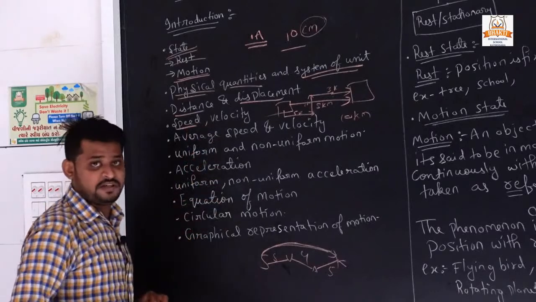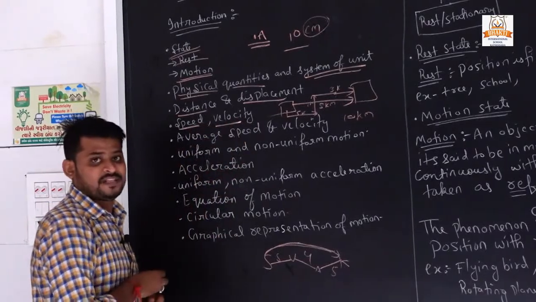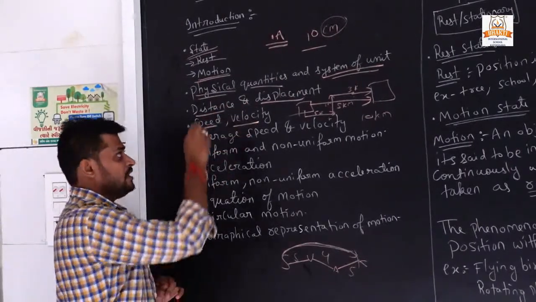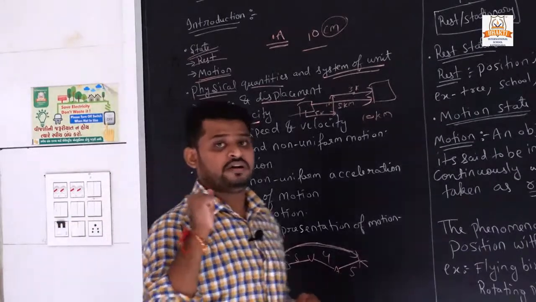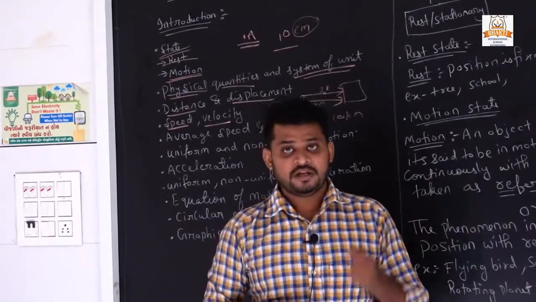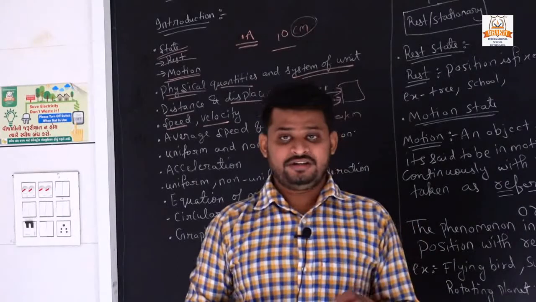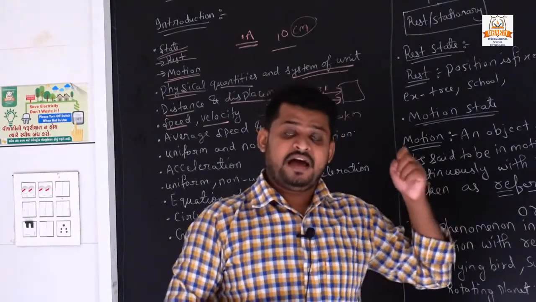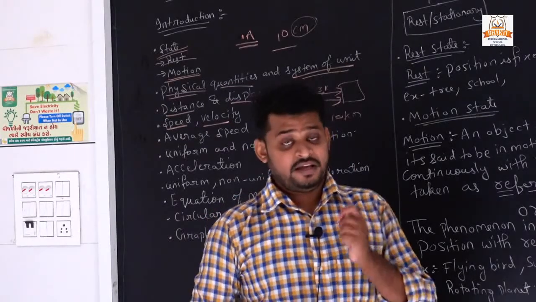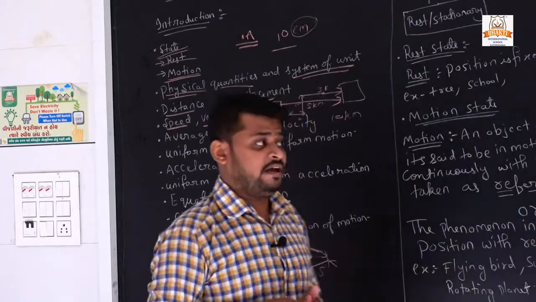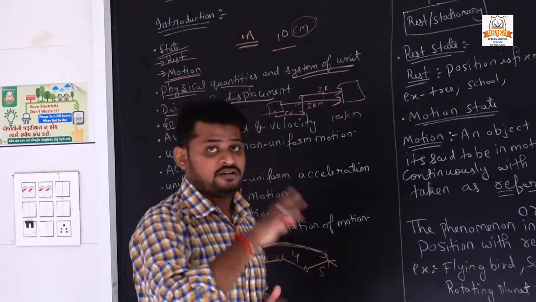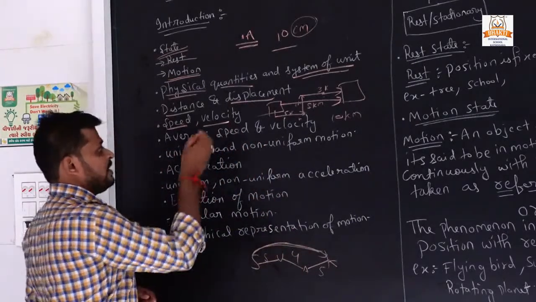Speed, we all know what speed is. Velocity is the same kind of thing, like distance and displacement; it has only a small difference. Like that, speed and velocity also have a very small difference between them. What is speed? Distance upon time, right? If I add direction to speed, then it is velocity. Understand? If I am traveling with a speed and I also have a direction, then it is called velocity. Only this much difference between speed and velocity.